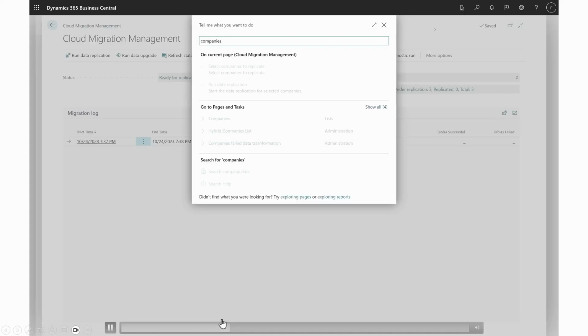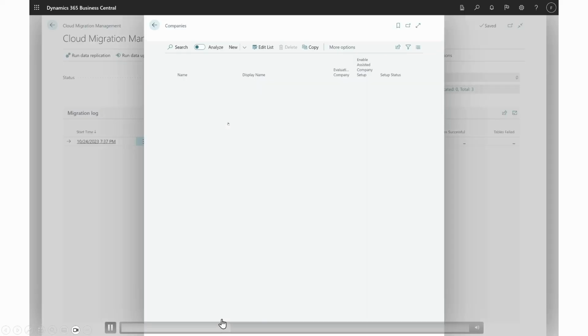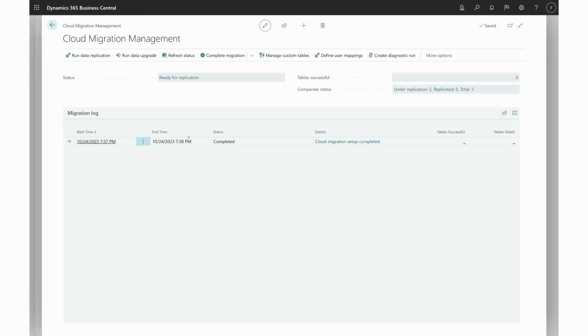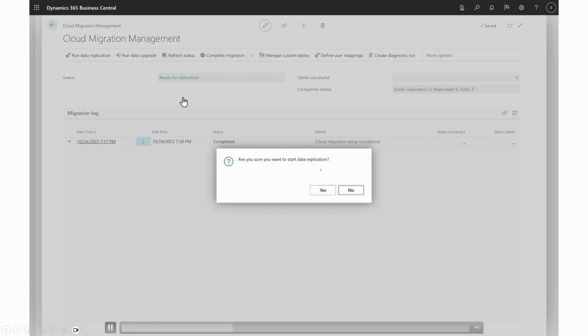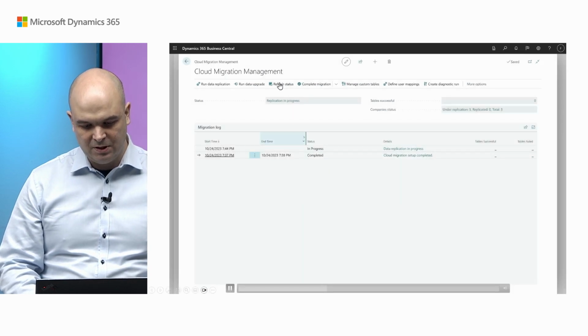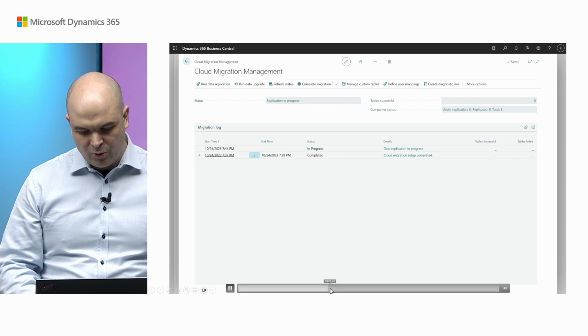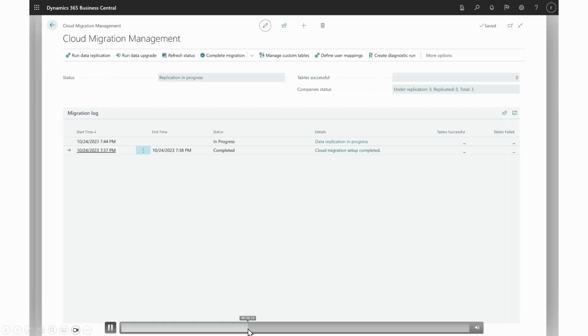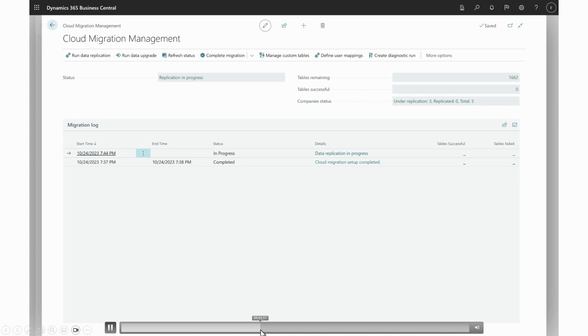If you go to the companies page here, you will see that the companies are created and the status has changed to ready for application. And now we can start moving the data to SaaS. So when you say that you want to start the data replication, the replication process is going to start. And you can track it on this page by invoking the refresh status action that is here. If we invoke this refresh status action a few times, after 5 to 10 minutes, it's going to connect, and you can see that we have